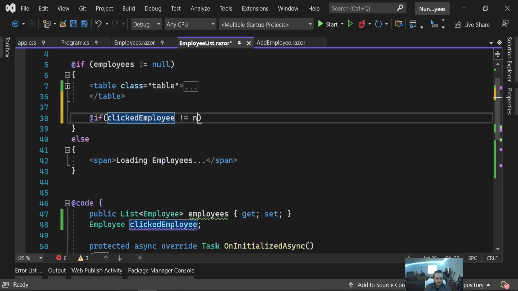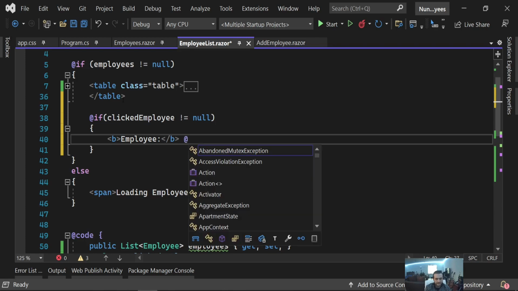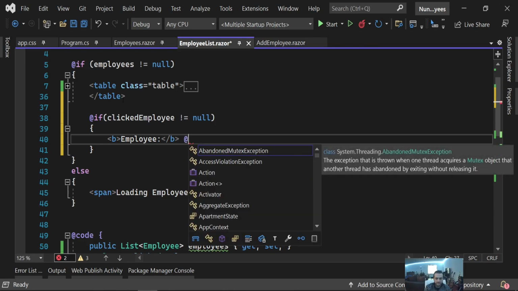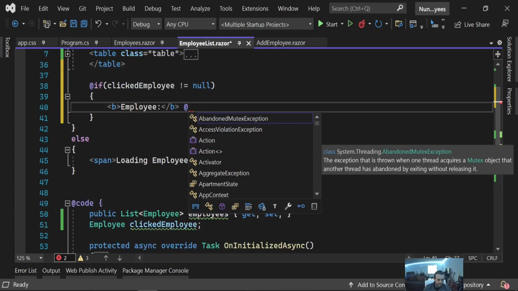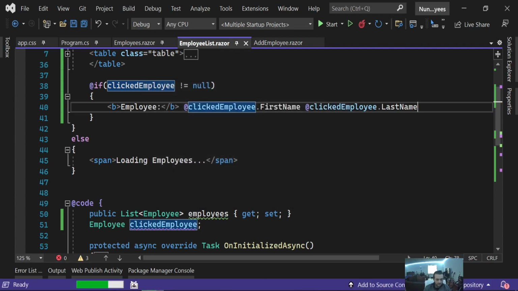if not equal null, and I'm just going to create a div, and we're going to call this, actually, let's just use a bold element here. We're going to call this Employee, colon, and then to the right of this, we're going to do @. This is how you output something to the screen on the web page from Blazor. And we're going to just say clicked employee dot first name, space, @ again, because now we want to output another property, clicked employee dot last name. Okay, and we're going to save this, and we're going to press Control and F5 so it builds and refreshes